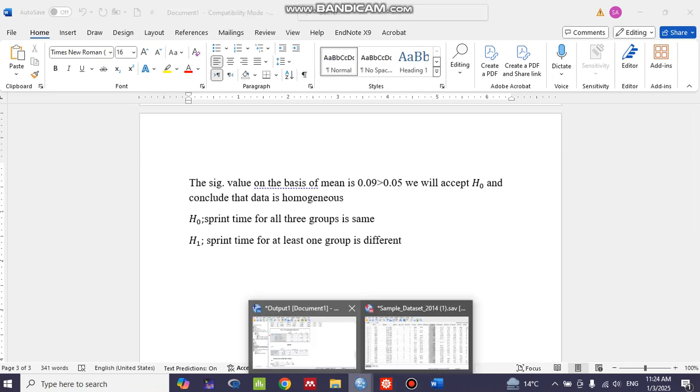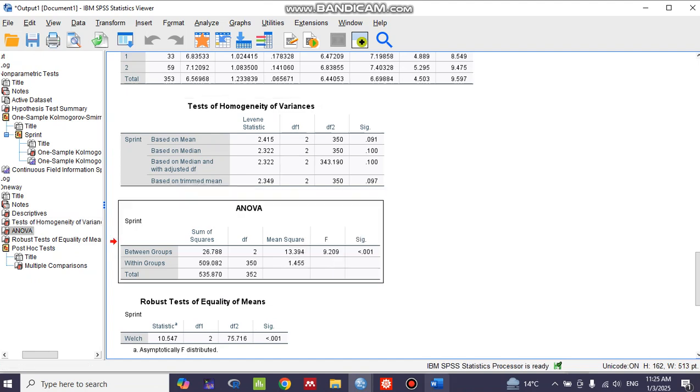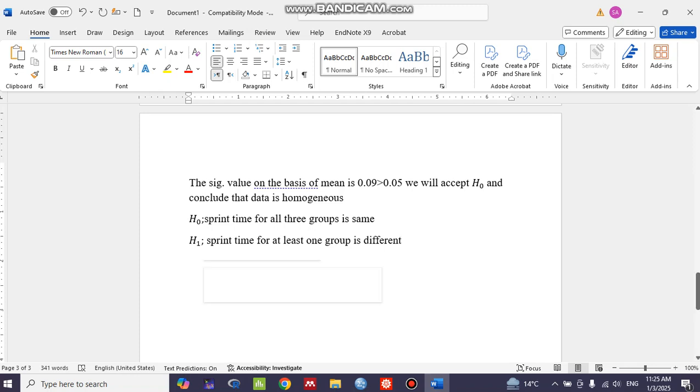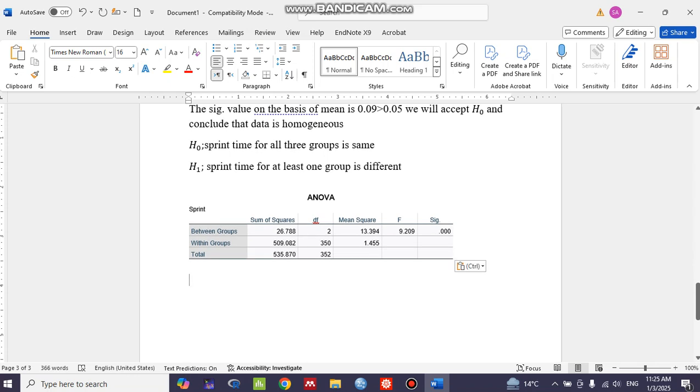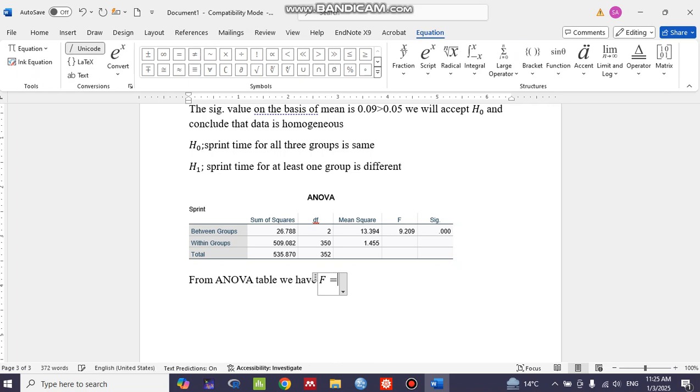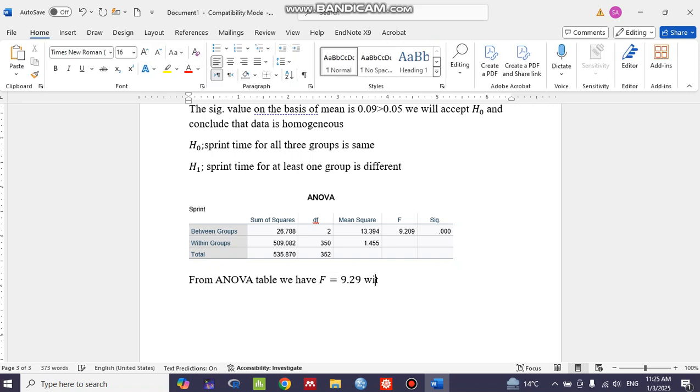Now, to test this I will use the table that is the ANOVA table, and here it is. So from the ANOVA table we have F equal to 9.29 with significance value equal to 0.000, which is less than 0.05,